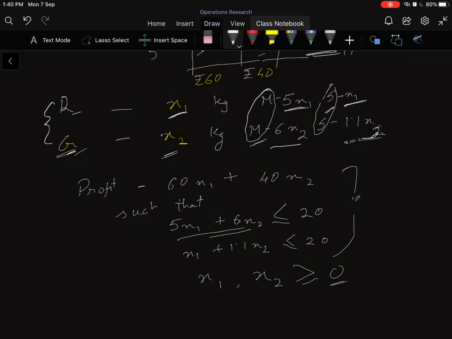Either he will not produce any gulab jamun or rasgulla, that is, mathematically he would produce 0 quantity of rasgulla or 0 quantity of gulab jamun in that case, or he will produce a positive quantity of rasgulla or gulab jamun. That is, maybe he produces 1 kg, or maybe he produces 2 kg of gulab jamun, something like that. So this is how we formulate a problem, and after we have formulated this problem, we can solve it using different methods that we shall be discussing in our future classes.